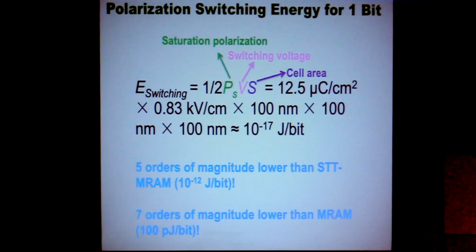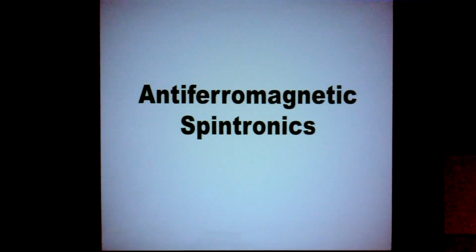The energy consumption for this bit, just from the polarization switch point of view, of course we may have some other mechanical energy loss, but only from this point, the energy consumption is like 10 to the minus 17 joule per bit. This is like 5 orders of magnitude lower than STT-MRAM and 7 orders of magnitude lower than MRAM. So from this point of view, the so-called multiferroic heterostructures have the advantage of super low energy consumption. So now we talk